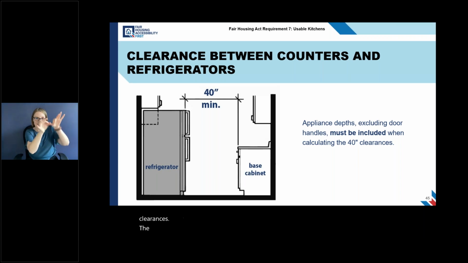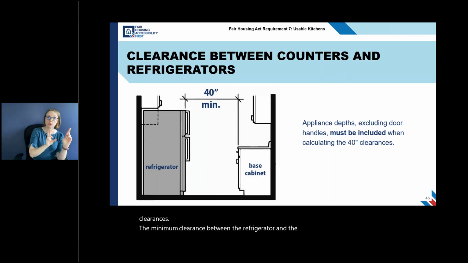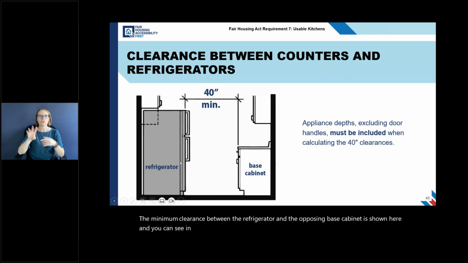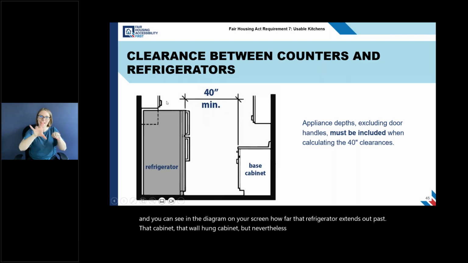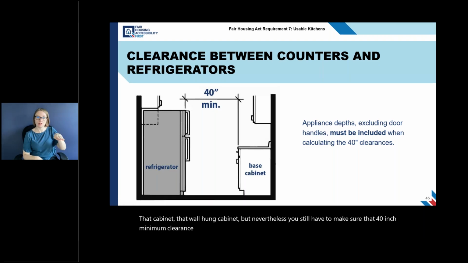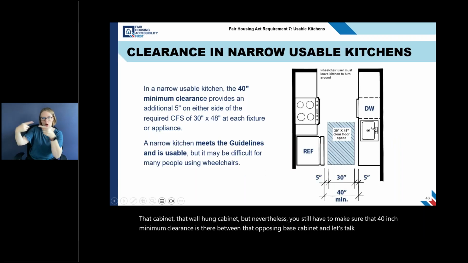The minimum clearance between the refrigerator and the opposing base cabinet is shown here. And you can see in the diagram on your screen how far that refrigerator extends out past that wall hung cabinet. But nevertheless, you still have to make sure that that 40-inch minimum clearance is there between that opposing base cabinet. And let's talk about narrow